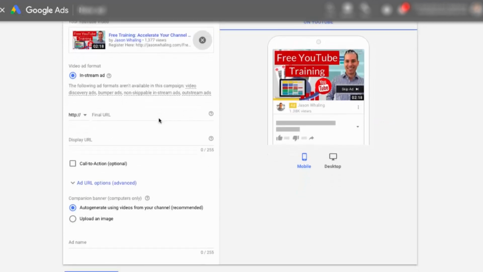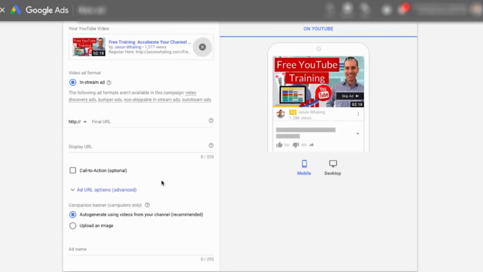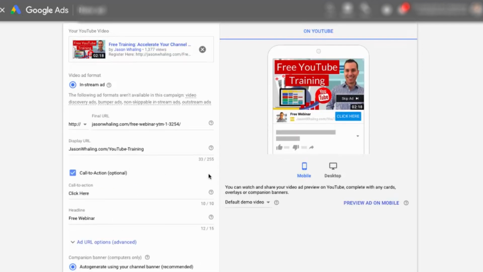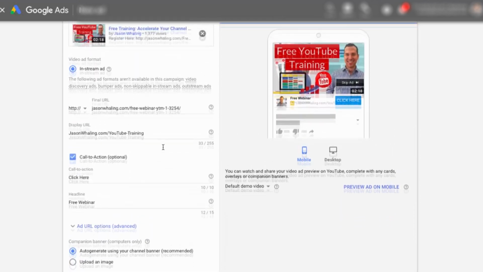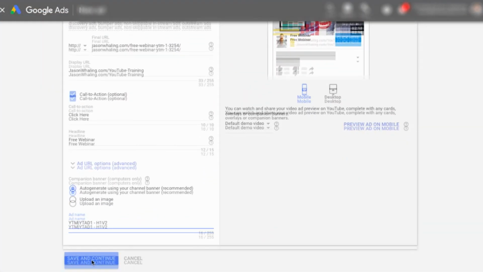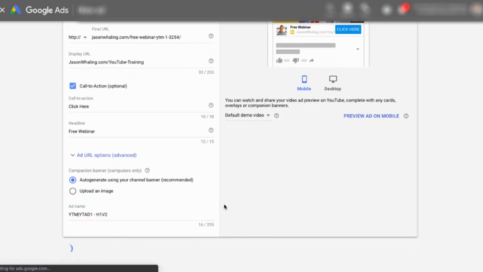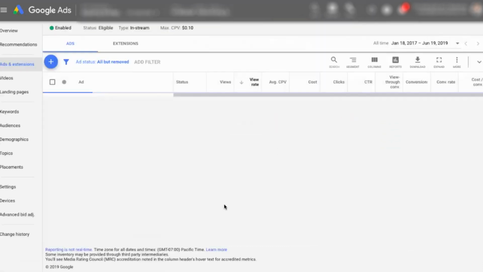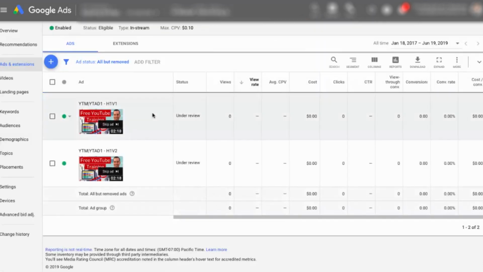It's gonna look the same. This is a different ad, I promise, but it just has a very similar thumbnail. And just like that, we've set up our second ad. So you'll see that I'm using the same URL display. I pretty much leave all the settings the same. Really, the only thing I'm testing is the ad creative itself. So these two ads are in fact different in the way that they deliver the first part of the ad. So we'll go ahead and click on save here, save and continue. And now we have our one campaign, one ad group, and 2 ads.